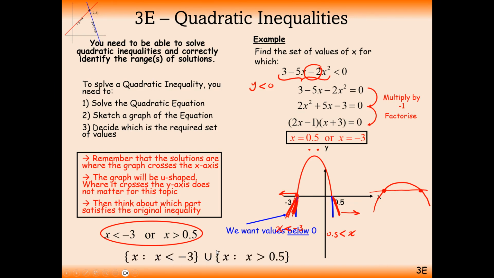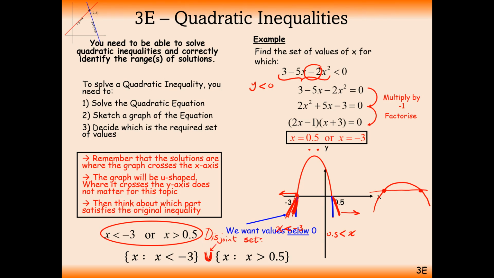When you have the or sign, use the union sign. You use the U shape and put that between the two sets here. These two sets are not connected. So this word disjoint means